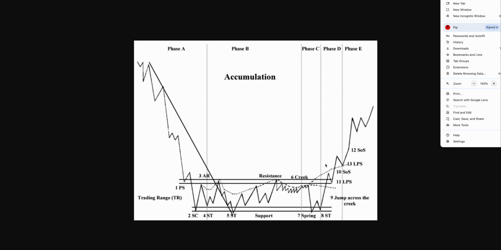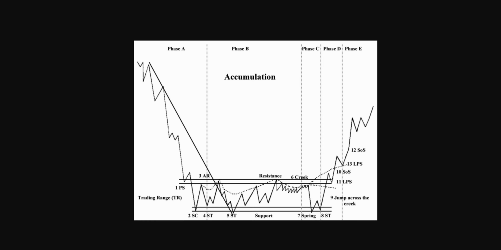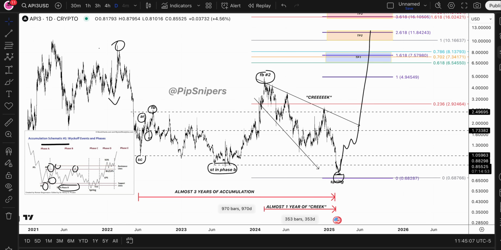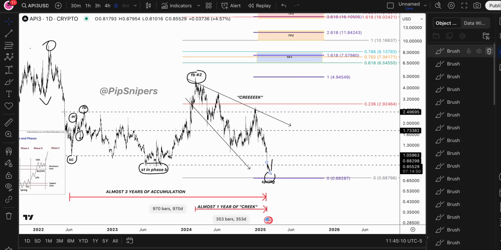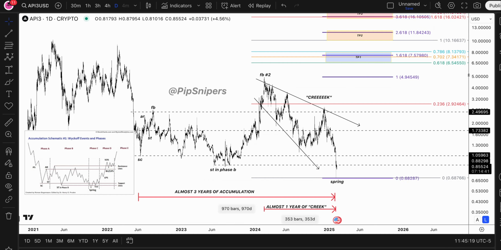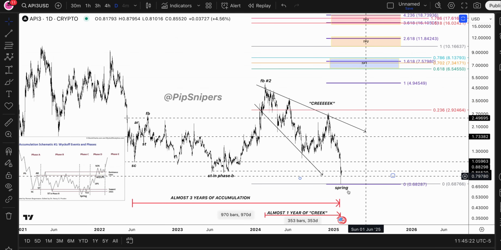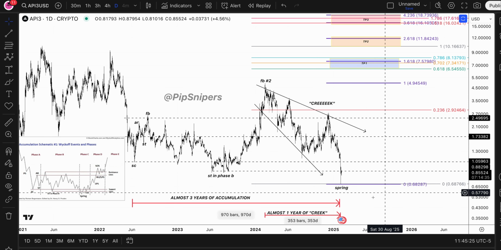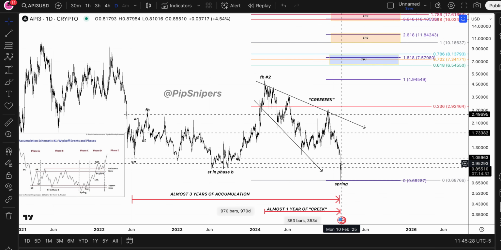So the price jumps across the creek into your SOS, your last point of support, and then you have continuation up into phase E. So this is exactly what I see for API3. I think that we've just finished the spring, and I could say the same thing about a lot of ERC20 tokens, considering a lot of tokens have come back down to their range low, except the ISO ones. So we finished the spring, and right now, going forward, I would just be looking for us to dangle here at these lows, fill in the wick, take its time, chop around,